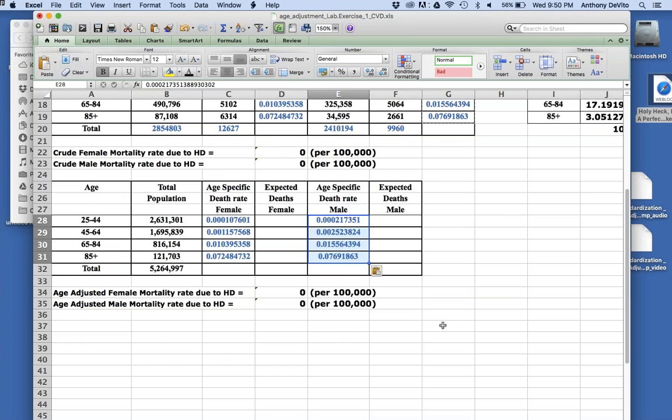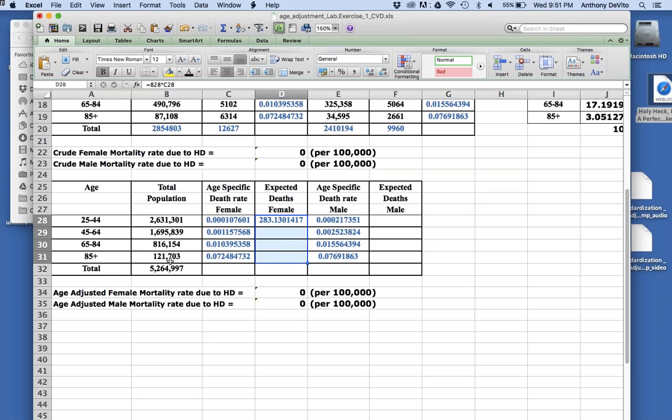Okay, so at any rate, these are the age-specific death rates. Well, now what I'm going to do is I'm going to say to myself, if women are dying at this rate in this age range for this population, how many deaths among females would I expect? I'm going to calculate the number of deaths I would get. So it's going to be 2.6 million times 0.000 and so on and so forth. And it comes out to, I would expect 283 deaths in this population if females in this larger population were dying at that rate. I'm going to copy this down and calculate the deaths in each one of these populations